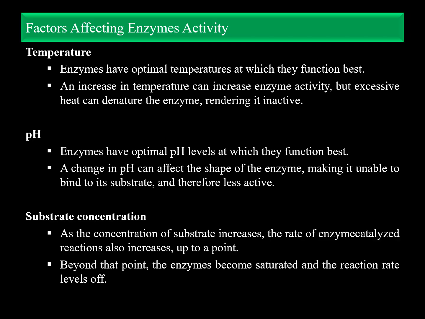Now we start the factors affecting enzyme activity. The enzyme activity is not always the same. It changes depending on conditions. The important factors include enzyme concentration, substrate concentration, temperature, pH, inhibitors, and availability of cofactors. If these conditions are favorable, enzyme activity increases. If conditions are unfavorable, enzyme activity reduces.